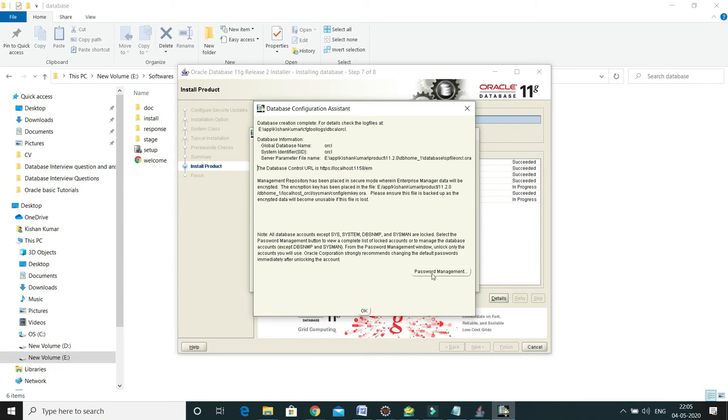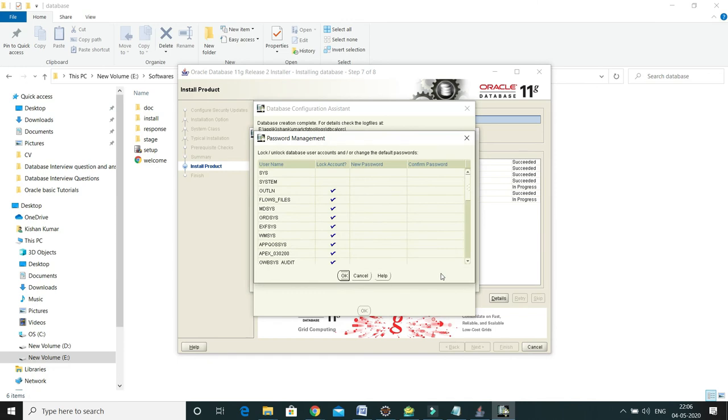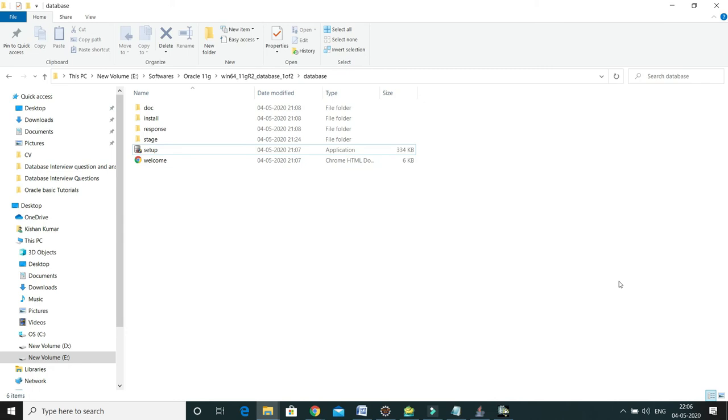Now click on password management, and now we have various usernames and most of the usernames have been locked, right? One of the usernames I'm going to unlock over here, that is very good for practical purposes.